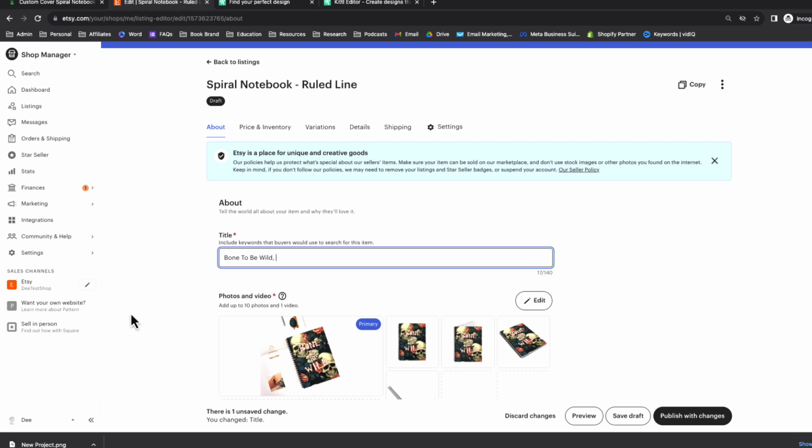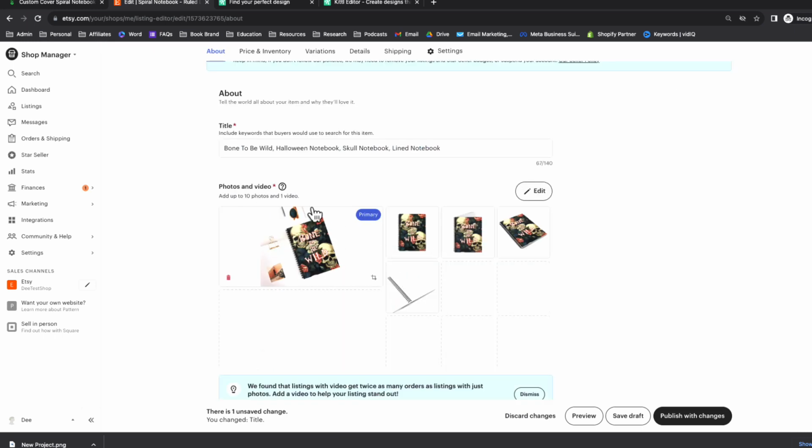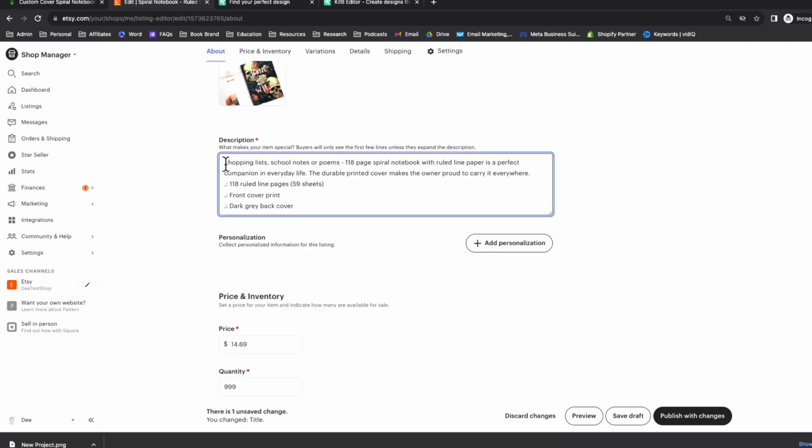What I like to use is a tool called eRank, and I use eRank to come up with the keywords that would be best fitted for this notebook that people are searching for in Etsy. So I'm going to put in some keywords here, and for the sake of this video, I'm going to keep it this short. Now you will want to upload your images here, and in the description, of course,